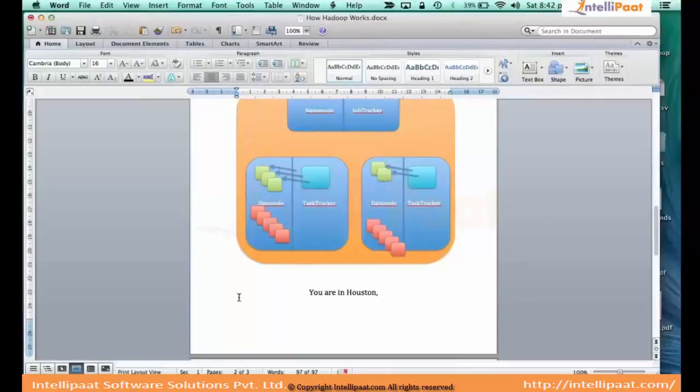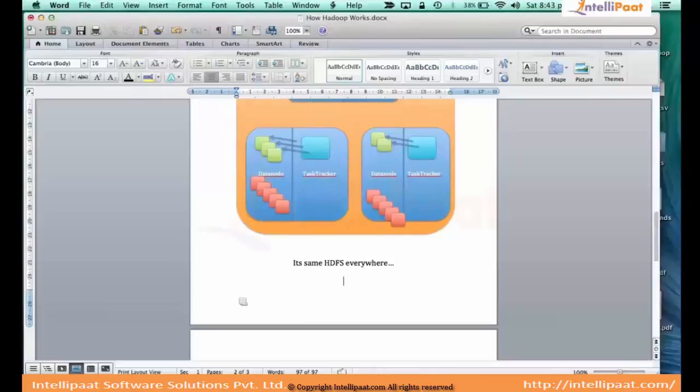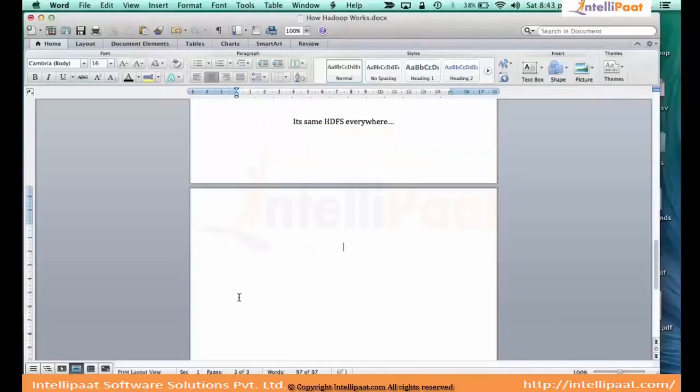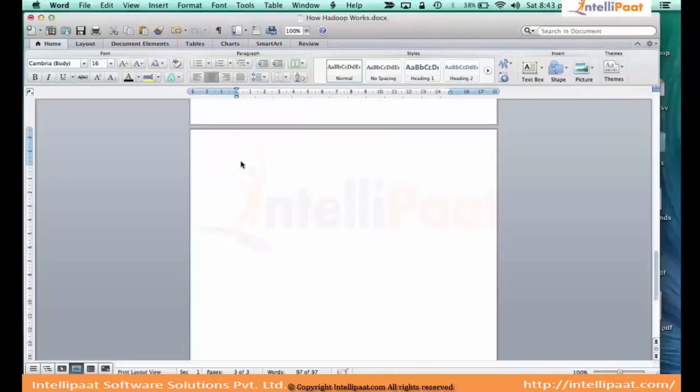Correct. So you have an HDFS that might be there on both the machines, right? It will be on all the three machines. It will be on your main node. It will also be on your slave machine. So it's the same HDFS. It's not exactly the way it's put. Let's put it this way. On a high level, let me just quickly go through this. So let's talk about what exactly is HDFS.